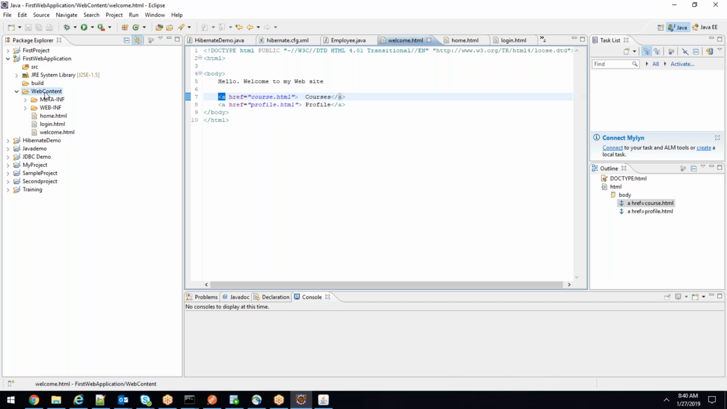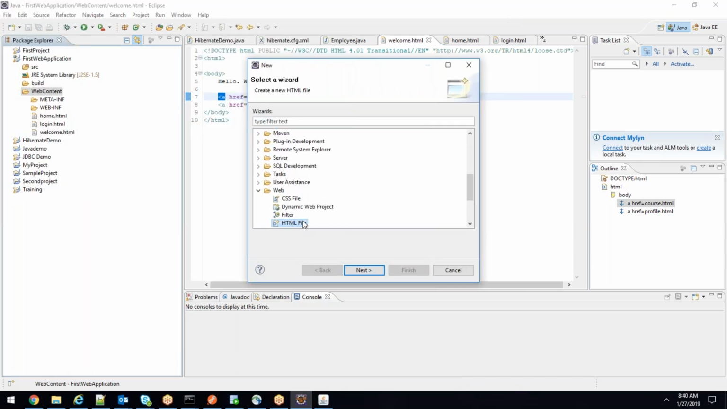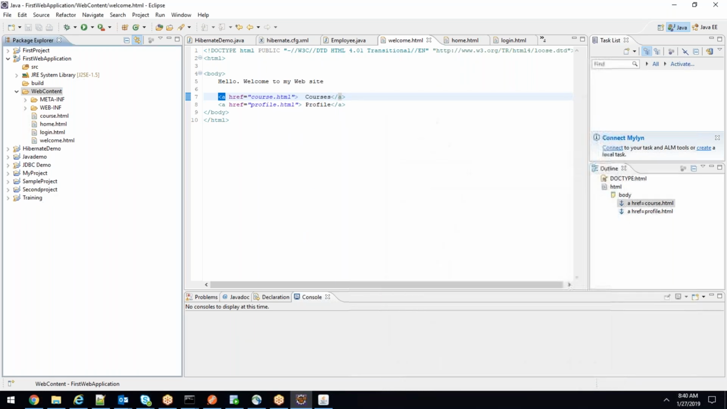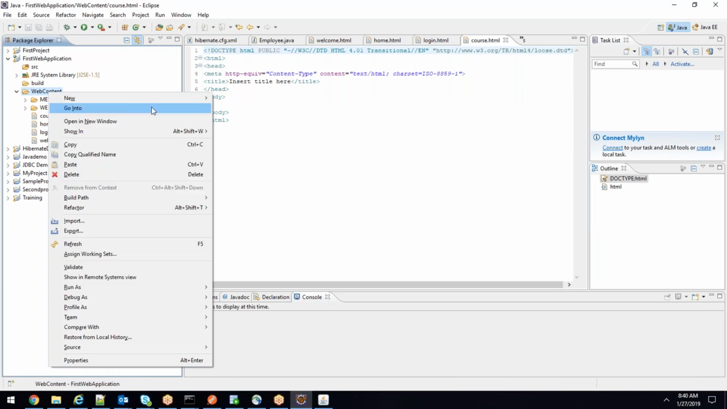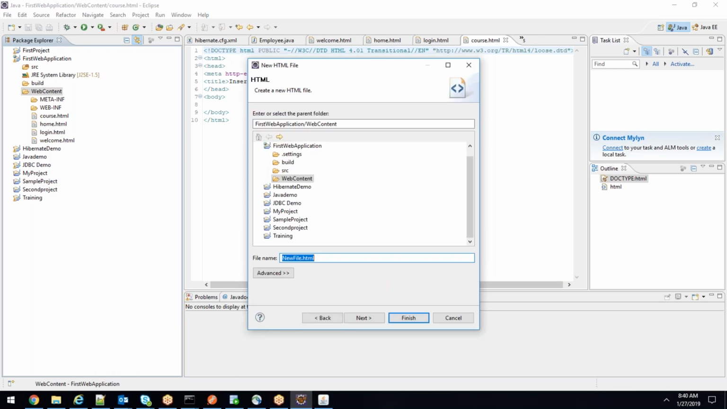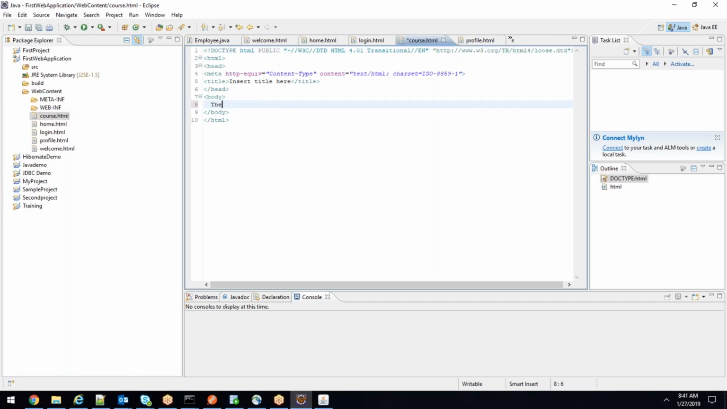So let me create a few more HTML files. New, other, HTML file. So what HTML file do I want? course.html. Finish. And let me create one more HTML file called profile.html. New, other, HTML file, profile.html. Okay. So in the course.html, the list of courses are,